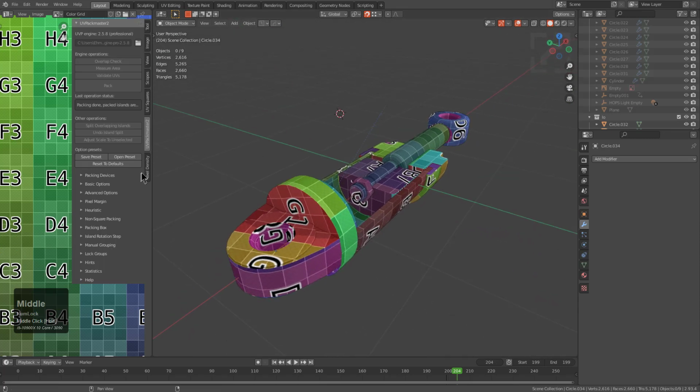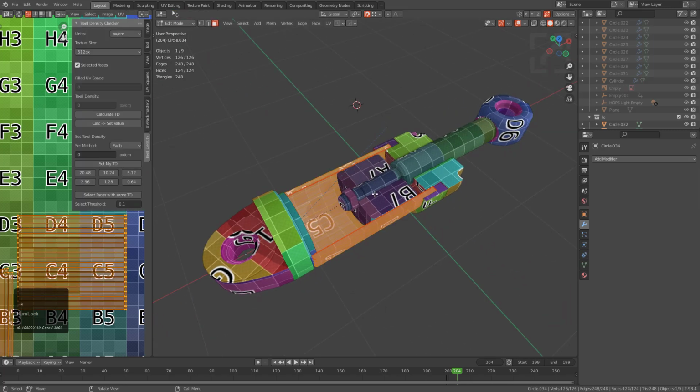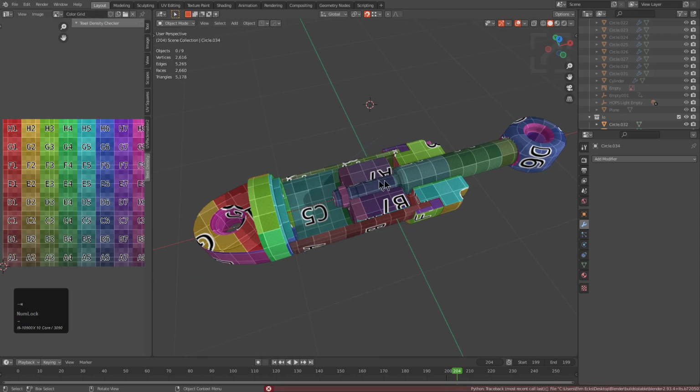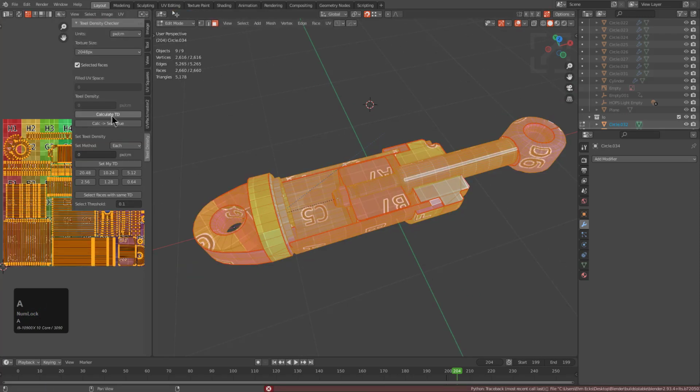So the other thing is texel density. Whenever I use Texel Density Checker, I have such an archaic workflow that I just go in and click what I'm doing and calculate my TD, and then just set my TD, and that's usually pretty much all that's required for it. Let's double check that. Let's try it again. Calculate TD, set it,